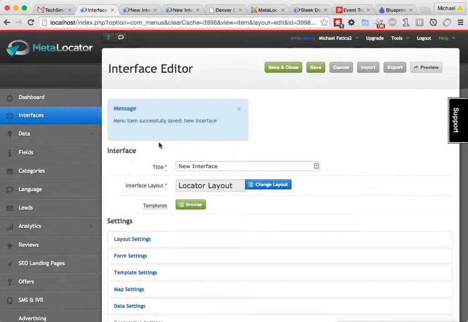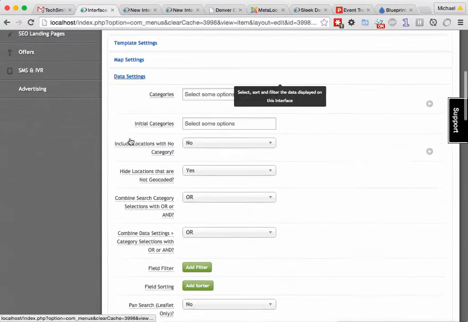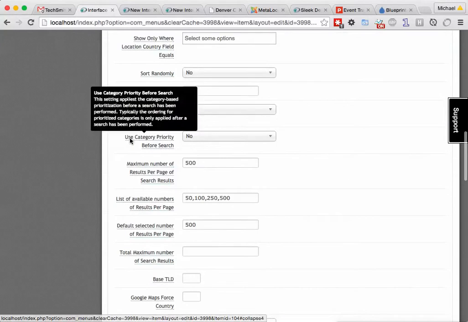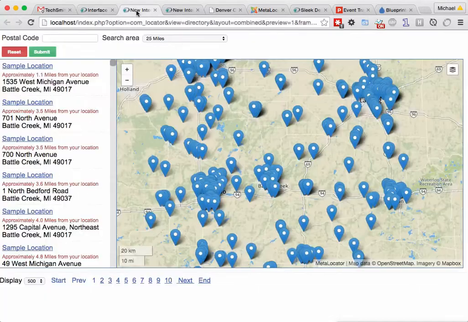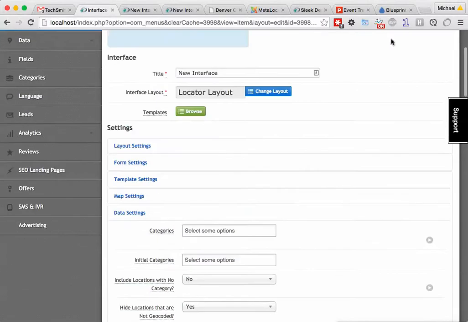And so in this case, what I'm going to do is, under Data Settings, let's limit the number of results that are displayed by default. You may have noticed that results are displayed in pages of 500. If we want to reduce that number to, say, 5 across the board and save our changes,